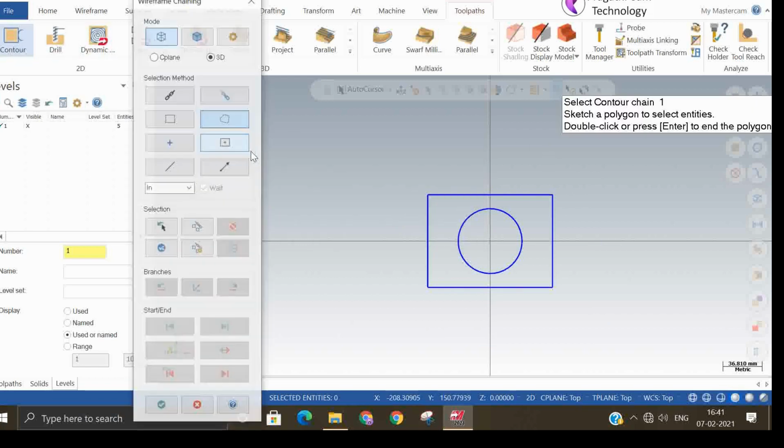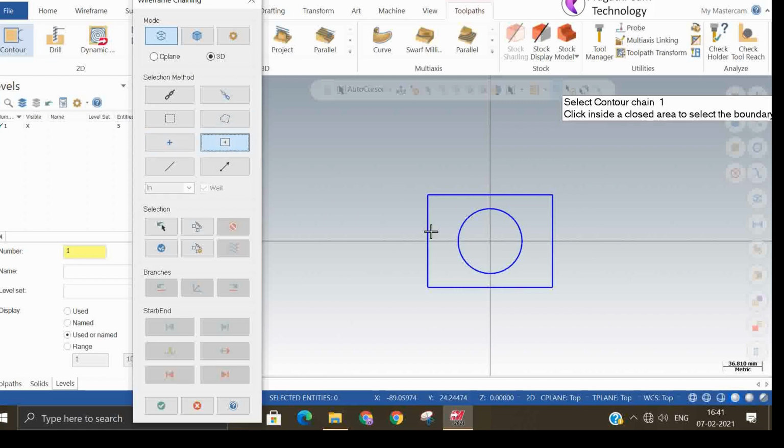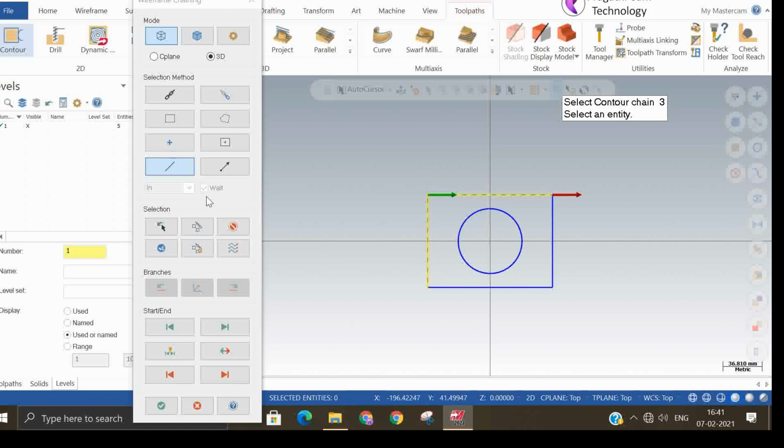And next is a point selection. This is the area selection. So you can select that area, then automatically it will select. Okay. Single entity selection. This is the single entity selection. So this is one separate entity, that's another separate entity. Another is the vector selection.